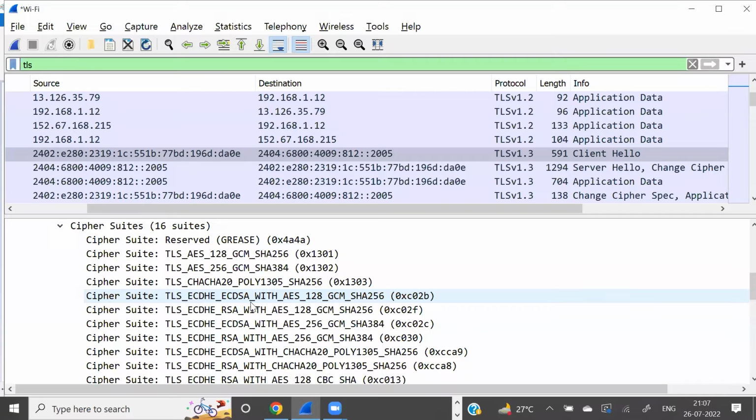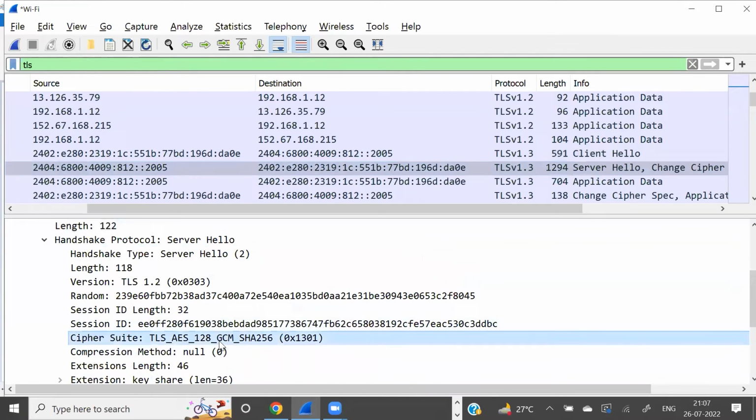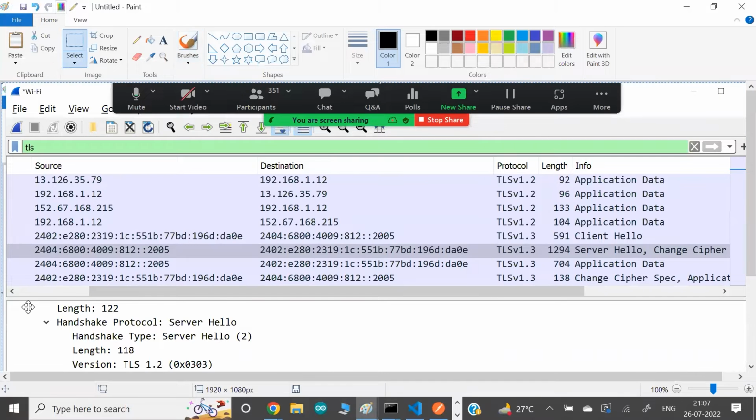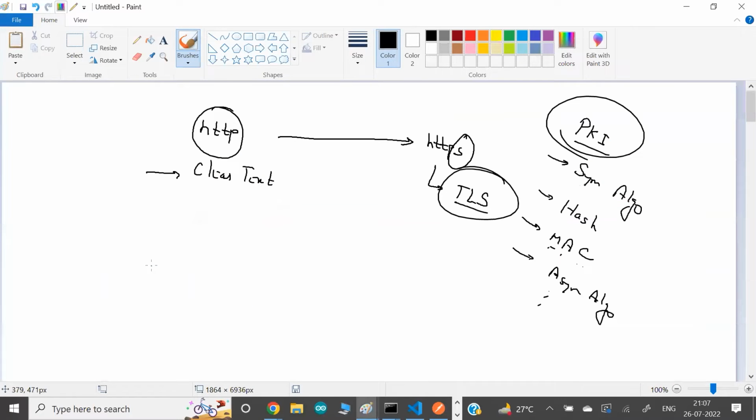Then the server replies, out of these names, that it only supports this particular one. My point here is that it is hard to understand this concept in today's class. But just focus on this particular line. This line says that Gmail replies back and says that if you want TLS, meaning the entire setup of security or encryption, called PKI,